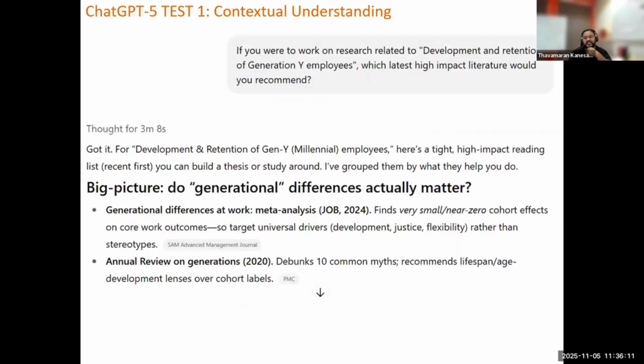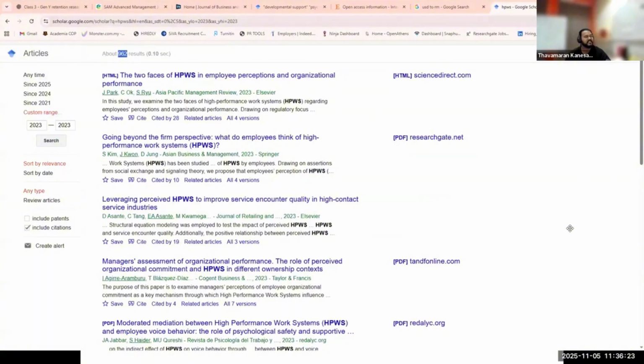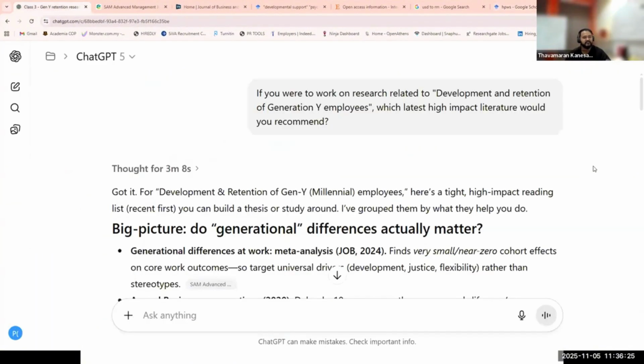All right, now let's go to ChatGPT 5 reliability test. Okay, reliability test. Let's open this up. I'll show you today how I define that the tool doesn't understand context. This is ChatGPT 5. Just now a student asked about ChatGPT 5. Happy news for you. This is ChatGPT 5. Okay, premium version. If you were to work on research related to development and retention of Generation Y employees,